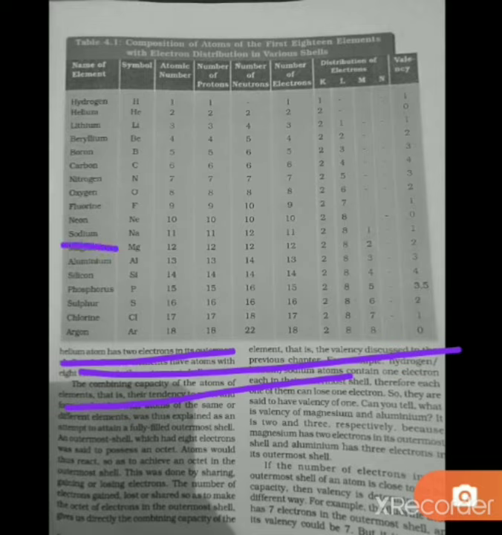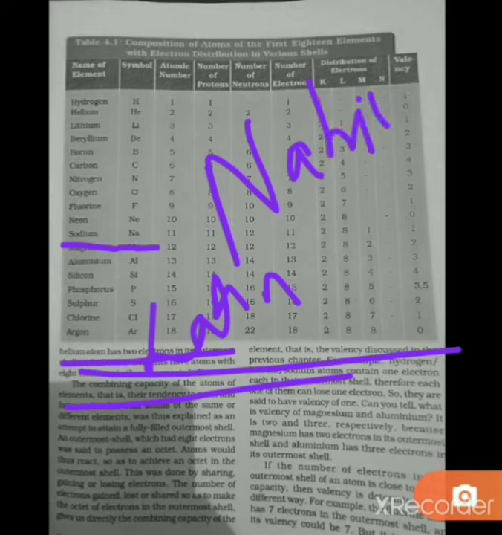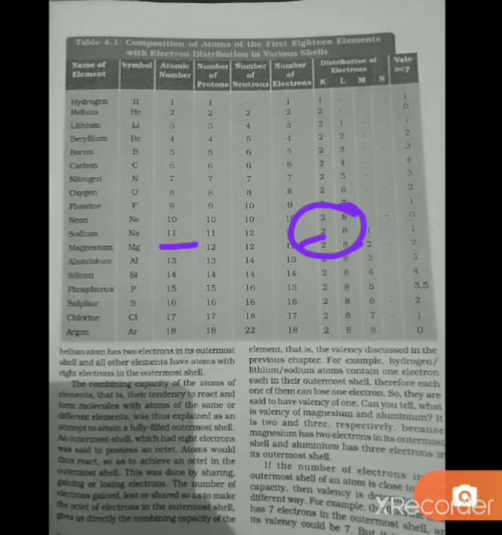Students, in case of sodium, you can see here its symbol is Na. Why is it so? Because the symbol has been taken from the Latin origin, that is in Latin it is named as natrium. So from there we have taken the symbol, that is Na. Again its configuration is 2, 8. So here are only 10 electrons, and as atomic number of sodium is 11, one more electron is there, so that electron will enter the next shell, that is M shell, and having 1 electron in the outermost shell, its valency is 1.